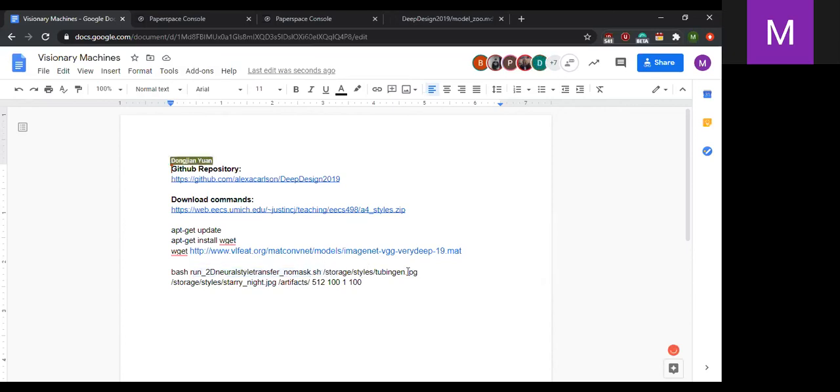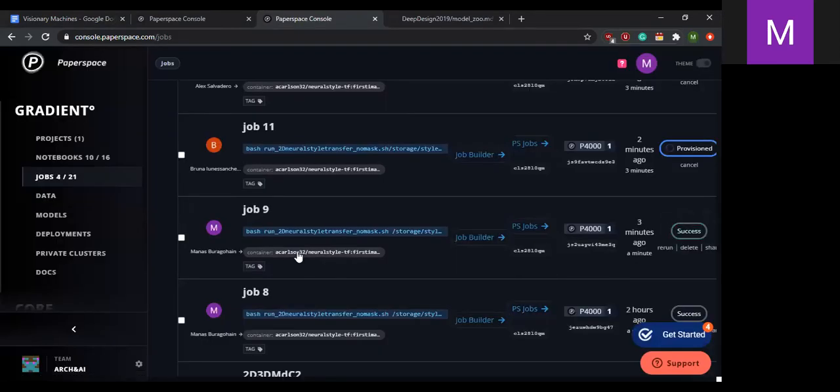This is the style source content image. This is the style image. This is the output directory, and image size, the content weight, the style weight, and the number of iterations. Okay. So once the job is completed, it will show the status as success. If it fails to execute the job,